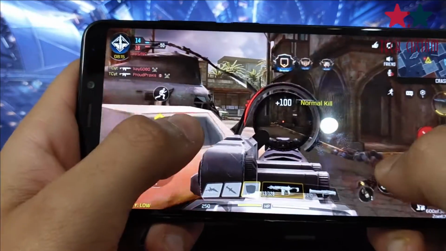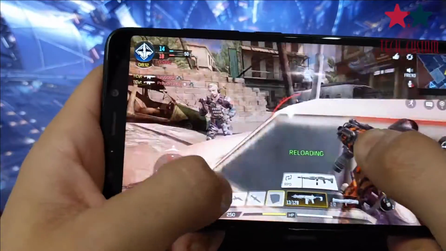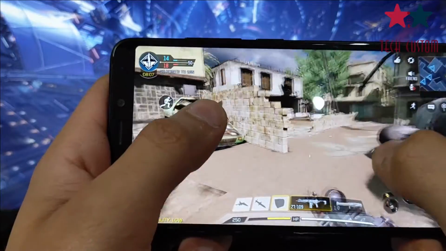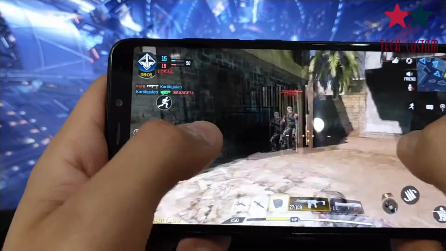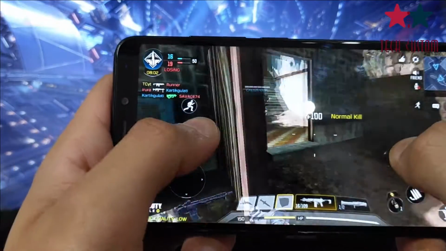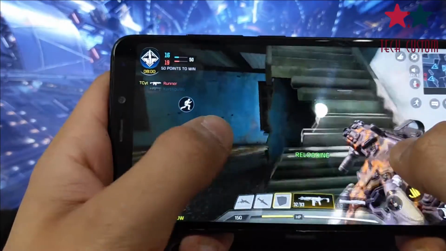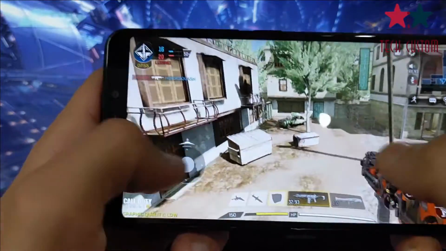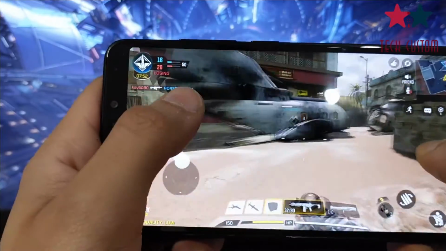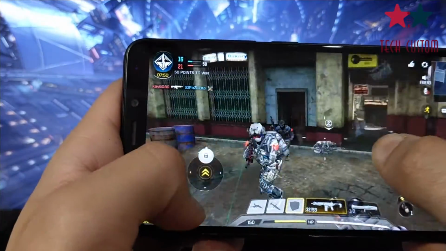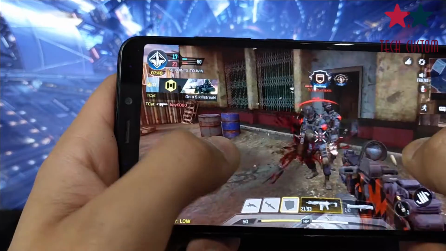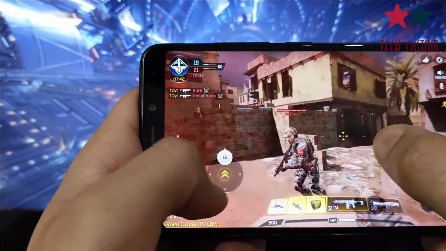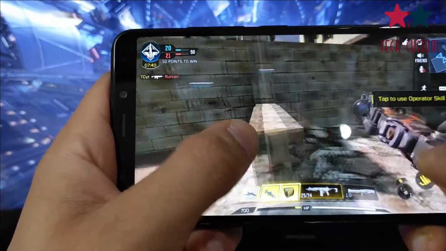So basically in my opinion, the ROM is not bad, but it is a good one, not like the previous ROM Nusantara. In the previous ROM, Call of Duty was not working perfectly. In this ROM, Call of Duty is working, but not great. It is working. You will get smoother performance if you want to play, but not the best. It will be good. So basically if you want to install it, you can check it according to your use.